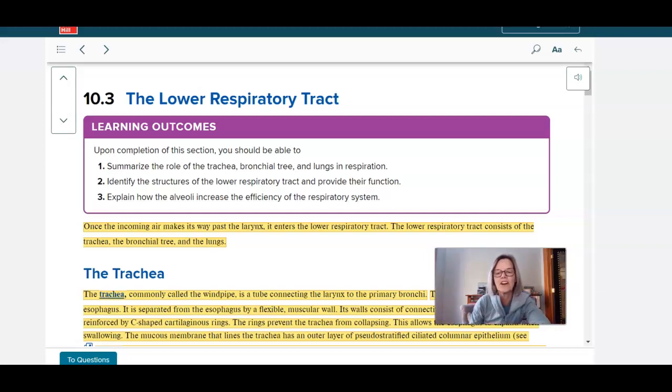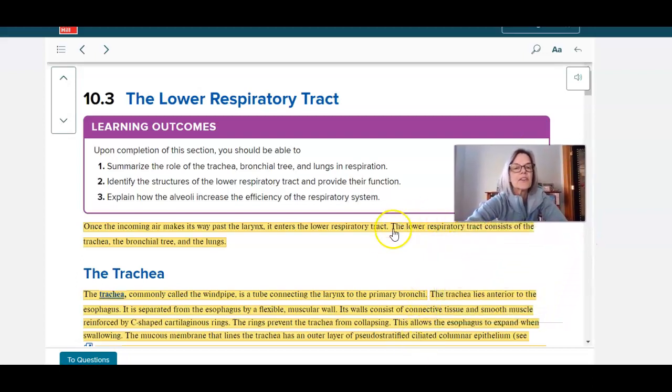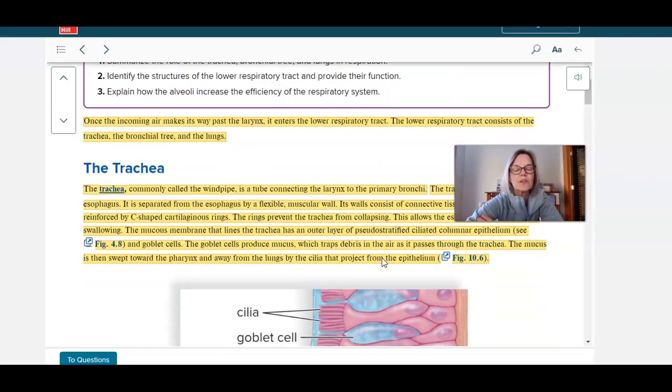Hi everyone, here we are on our second video about the respiratory system. And in this video, we're going to talk mostly about the lower respiratory tract. And so remember when we